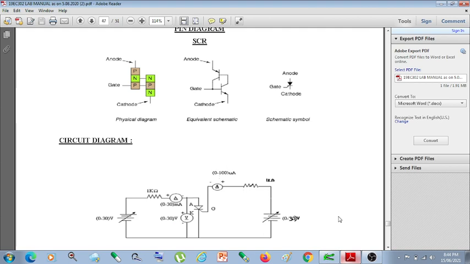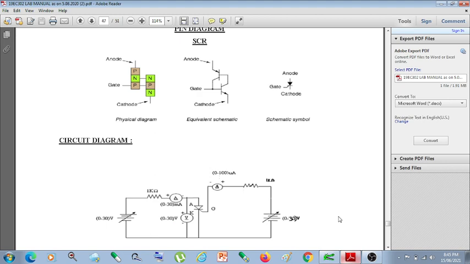For reverse characteristics, if you apply reverse voltage increasing above 0, a very little leakage current flows through the SCR. Under this condition, SCR is off. It continues till the applied reverse voltage reaches the breakdown voltage. As the applied reverse voltage increases above the breakdown voltage, the reverse current increases rapidly because of the breakdown of the SCR. This also damages the device if the current exceeds the rated value. So these are the basics of forward and reverse bias.